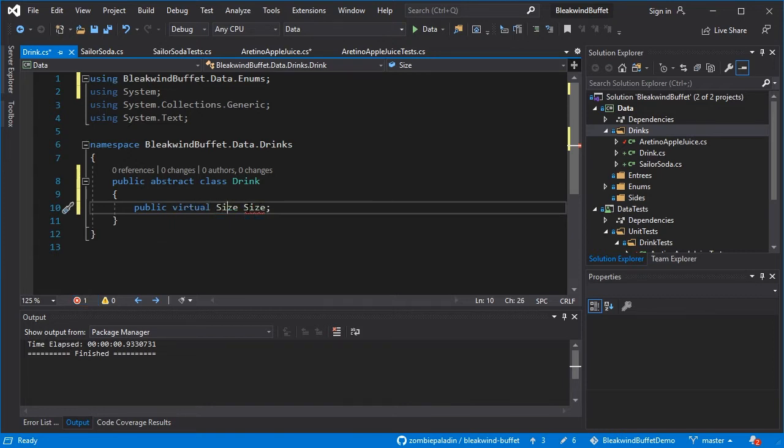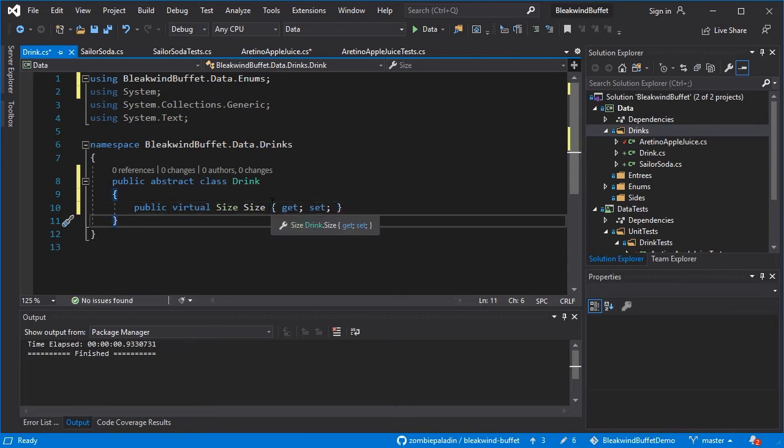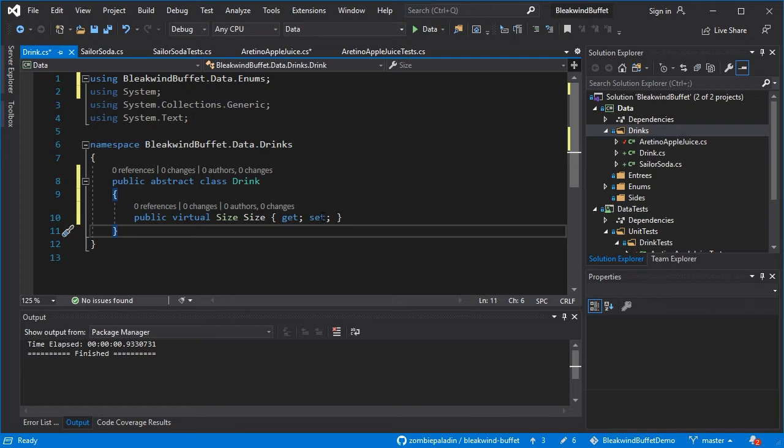Either one is perfectly fine. If we declare it virtual, we need to make sure it's a property as well. If it was abstract, we'd have to re-implement this in our other drink classes, and if it's virtual, we can just declare it here,